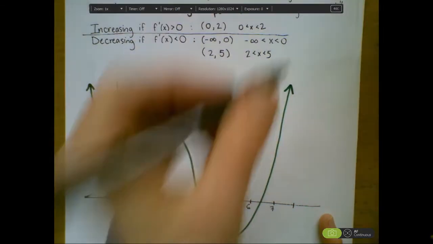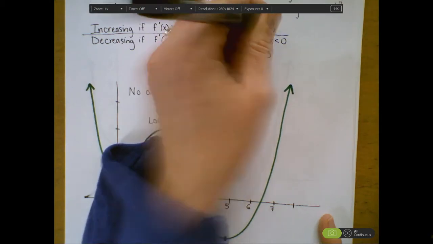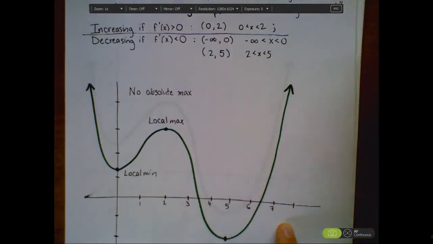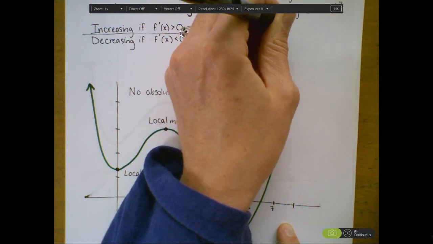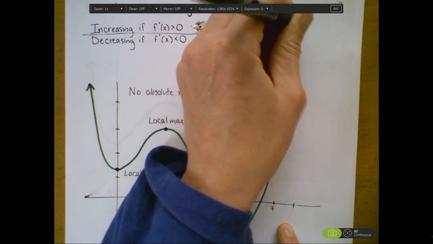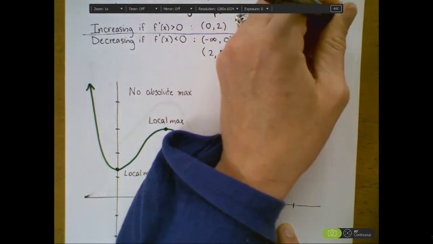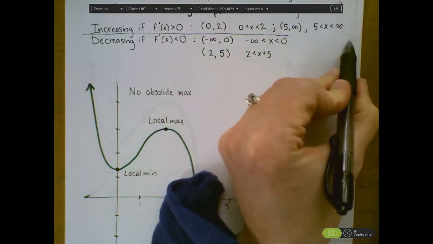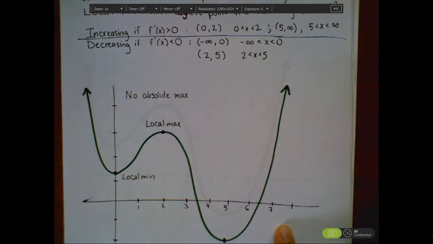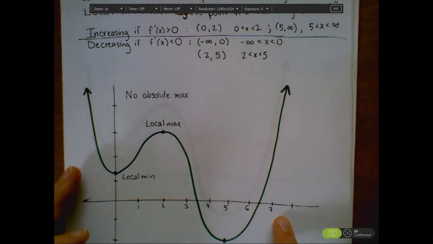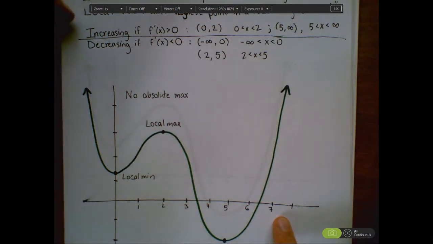And then it's increasing again from 5 until positive infinity. So on the interval 5 to positive infinity, which you could write as 5 is less than x is less than infinity, is positive. You could add a plus sign in front to make it more clear. So when you're looking at a graph,